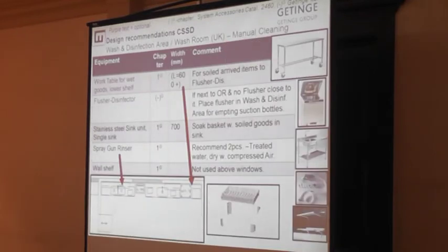And for the manual treatment, we might have a flush disinfector if we are close to the OR on the same floor. And if they can't take care of waste from the bodies, then it can be good to have this flush disinfector to empty these liquids we get from the body. We have two sinks, one a bit wider, so we can put the tray down in the water to soak, and then ultrasonic between to rinse off the extra soil,